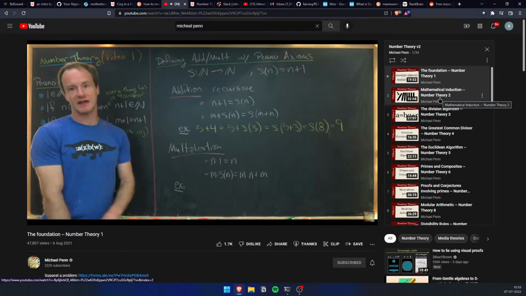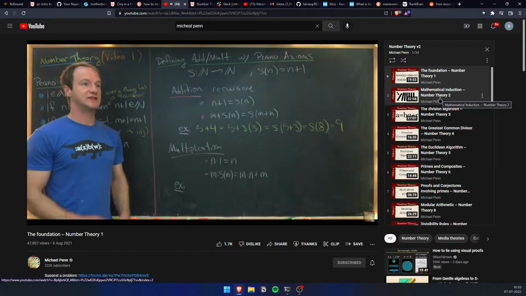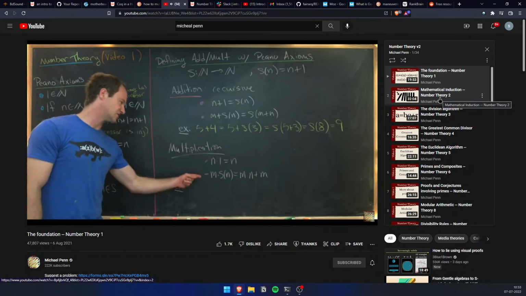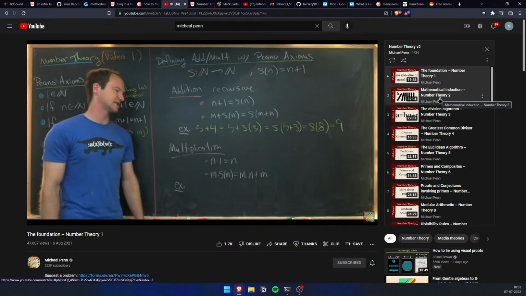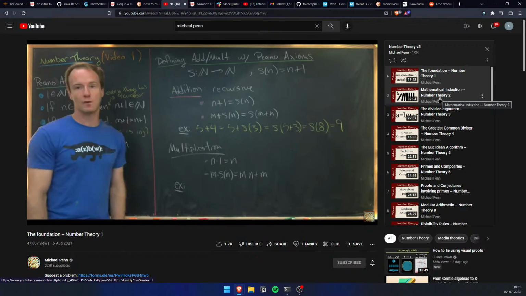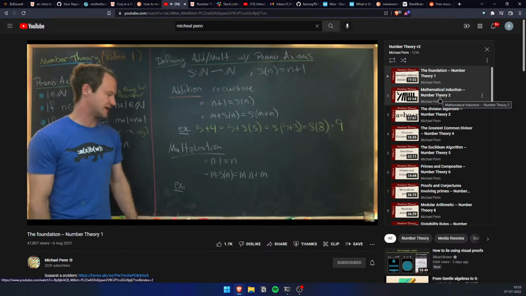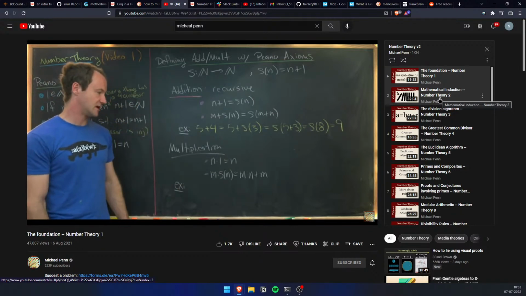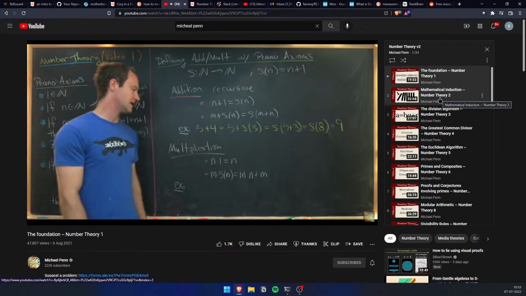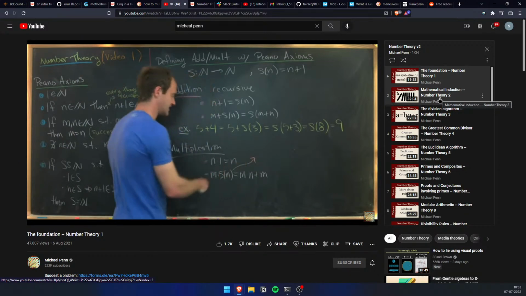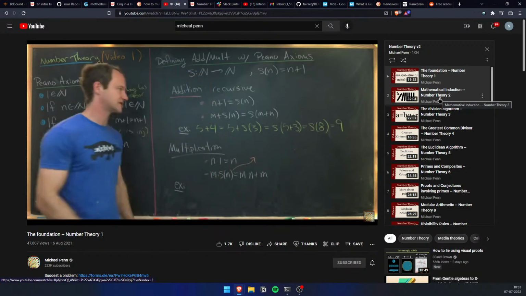Now let's look at multiplication. So a priori, we don't know how to multiply two natural numbers, like for example, 3 and 6. But we can define multiplication via the successor function recursively again. So we'll define it so that 1 is the multiplicative identity. So that makes sense. We've got n times 1 is equal to n. And then m times the successor of n is equal to m times n plus m. And I want to point out that if we write the successor of n as n plus 1, let's notice